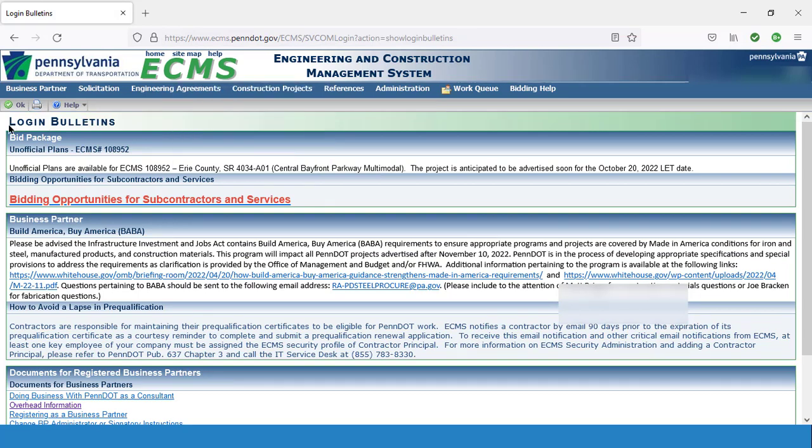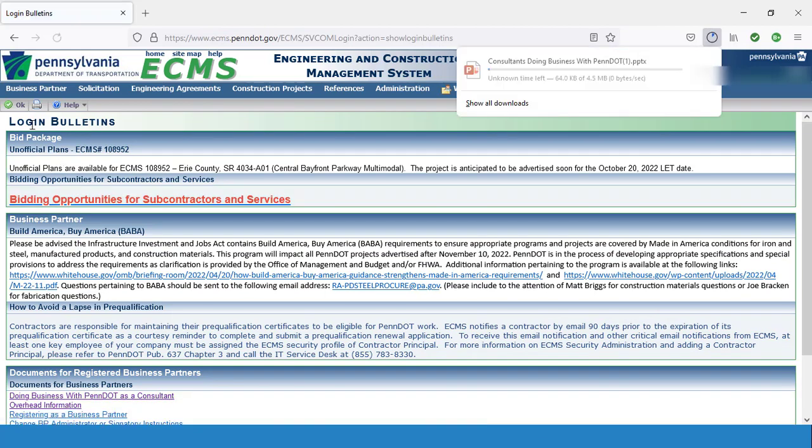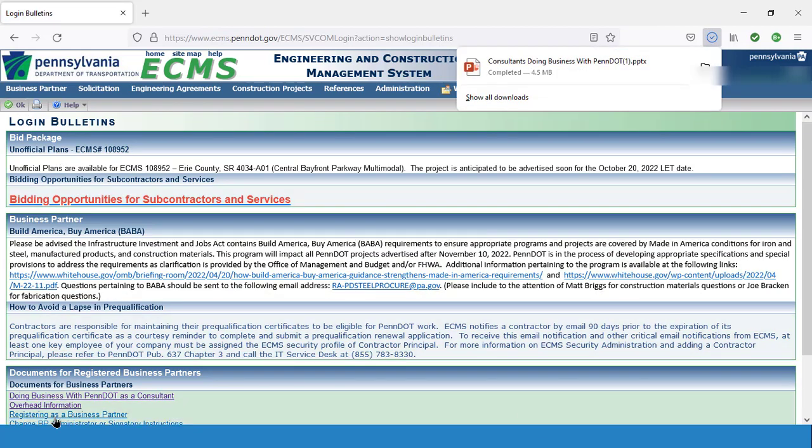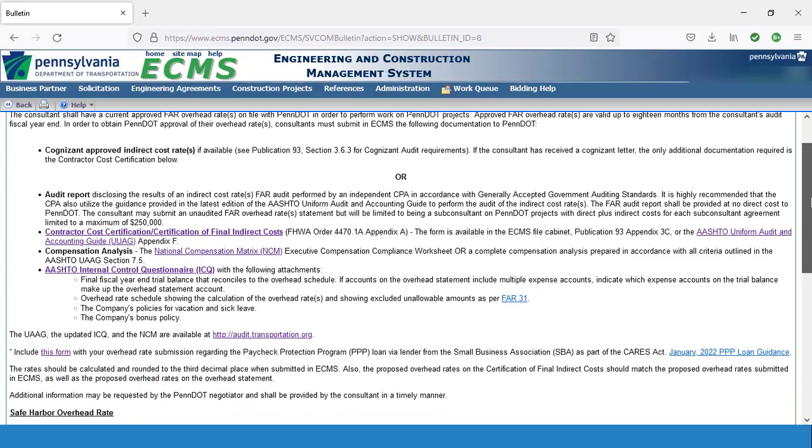You will get to the login bulletin screen again. You will scroll down, click on overhead information. And you're on, again, this screen called the bulletin page. And you will scroll down